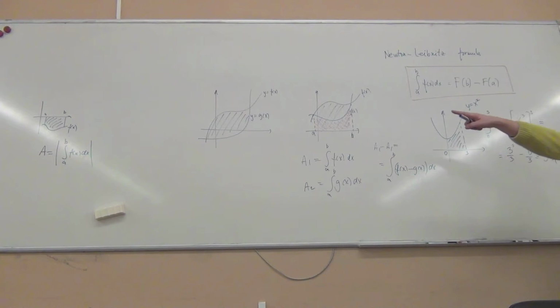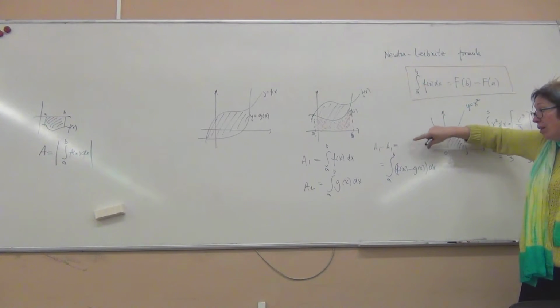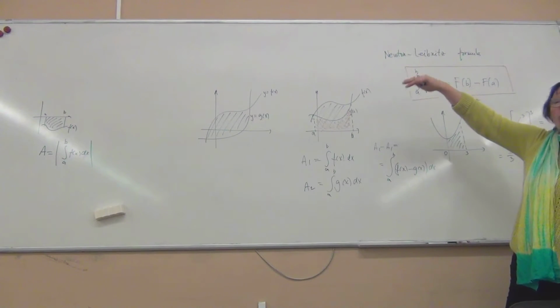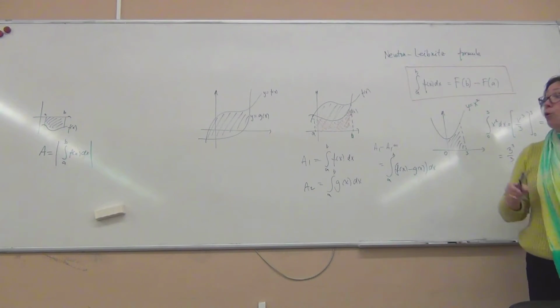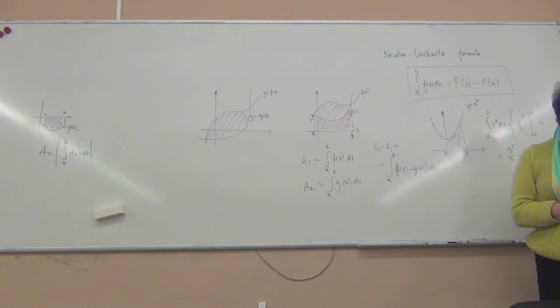Now, what happens if we have functions that can be positive or negative? This works just fine if you have to find the area between two curves which are both positive. What happens if one of them is positive, the other one is negative? We do the same. Why? Because